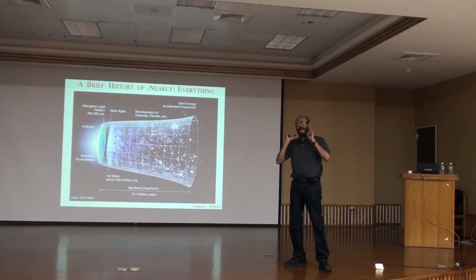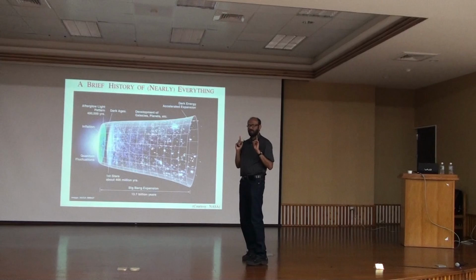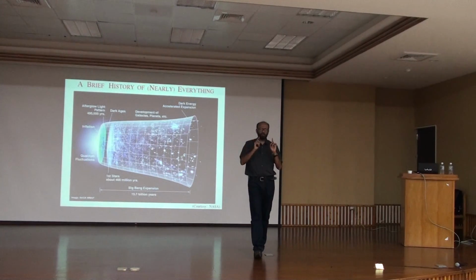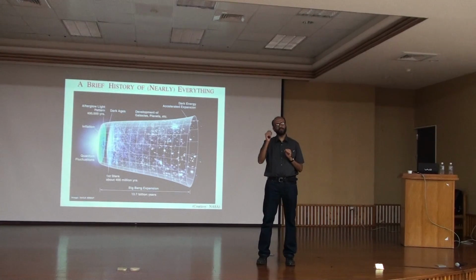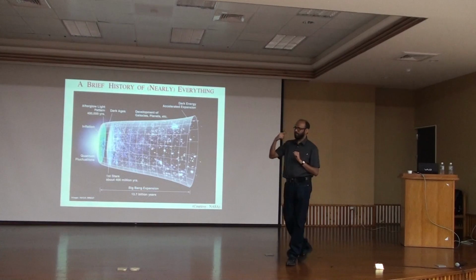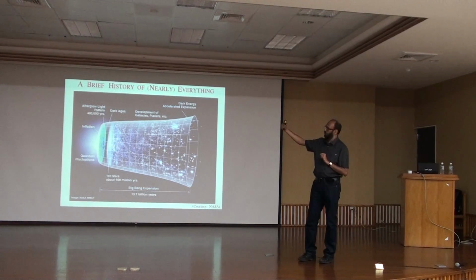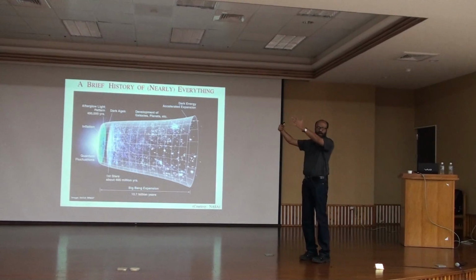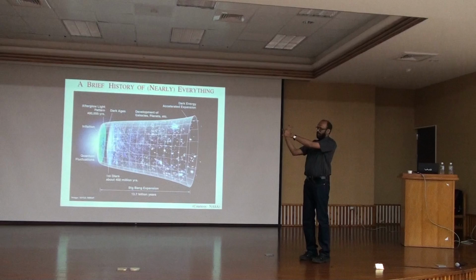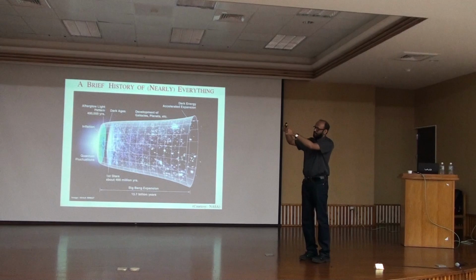Light is electromagnetic radiation, because of which light interacts very strongly with charged particles. Protons and electrons are charged particles. So if I have a light particle, a photon, or electromagnetic wave moving in this direction, inside this gas, this plasma of protons and electrons, it will go a short distance and immediately you will see an electron. And it will hit the electron and scatter off it and change its path. Then you will see another electron, scatter off that, change its path. See another electron, scatter off that.